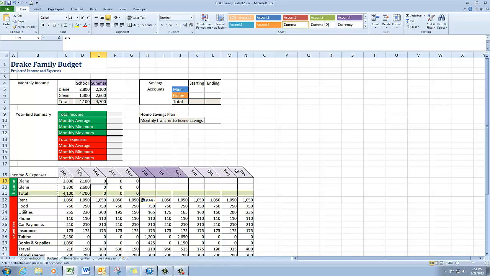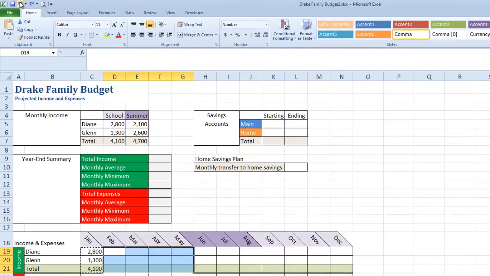So my problem is that I've used a relative cell reference in these formulas, and what that means is that the cell reference is going to change to fit where I've put it in the spreadsheet, or relative to where I've put it in the spreadsheet. It's not going to remain fixed. And what I want is a cell reference that will remain fixed. So I'm going to undo my last action of pasting,